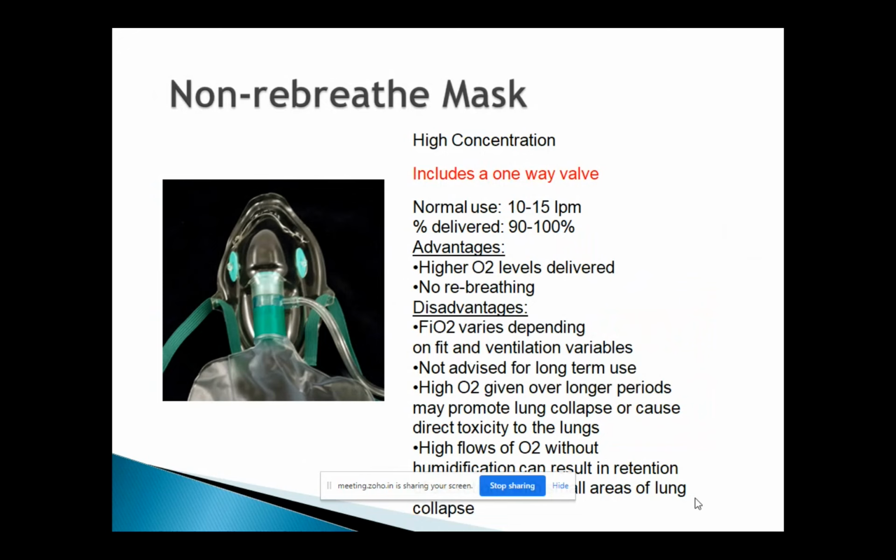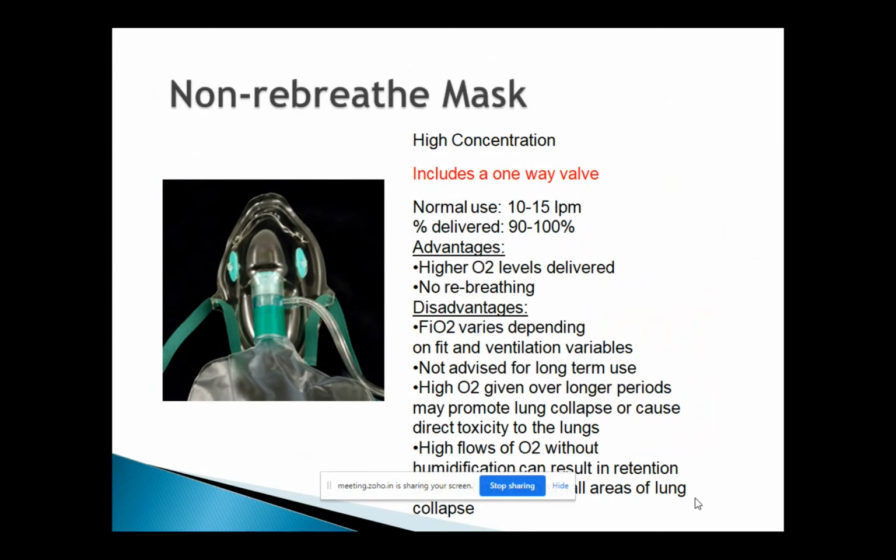The sooner you fill the mask, the sooner you fill the bag, the better for the patient, because the oxygen is readily available to flow towards the patient's face. So with less flow to this device, the bag won't be filled faster, or it will be inadequately filled. Patients will be breathing and the bag will be completely sucked empty, but the patient will continue to breathe. So you're not supplying the right amount of oxygen to the patient.